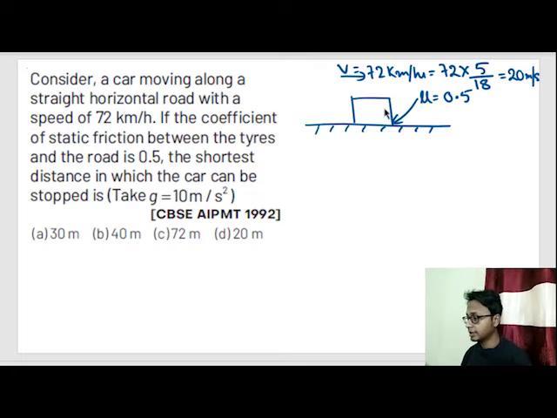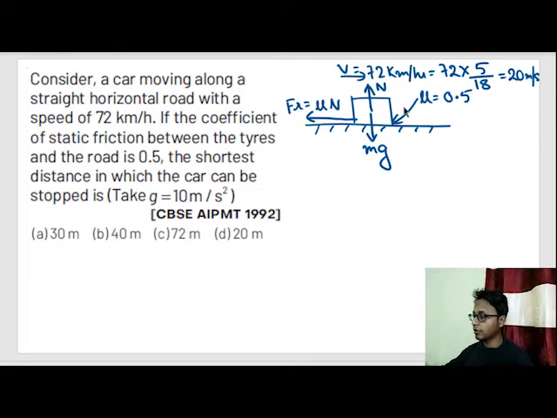Now see, since this block is already slipping, that means full capacity or maximum value of friction force gets applied out here, which is equal to mu N. Out here gravity force acts on this block and there is a normal reaction force by this ground on this block. From the vertical component of force we can easily say that N is equal to mg, and when we substitute this N is equal to mg out here, we get maximum value of friction force is equal to mu N.